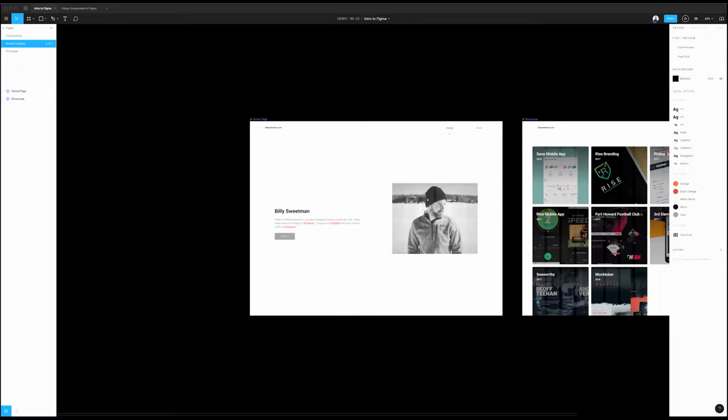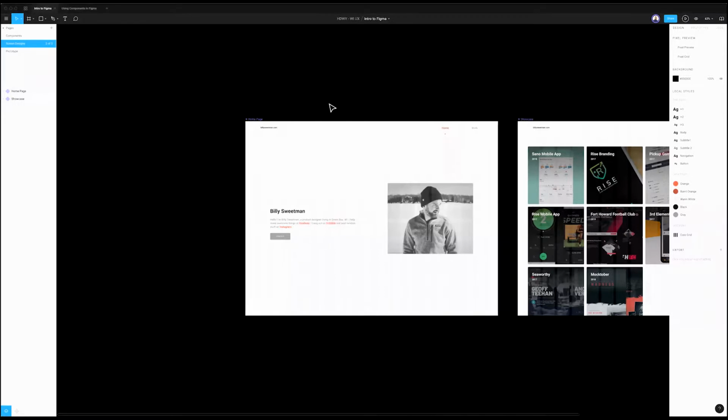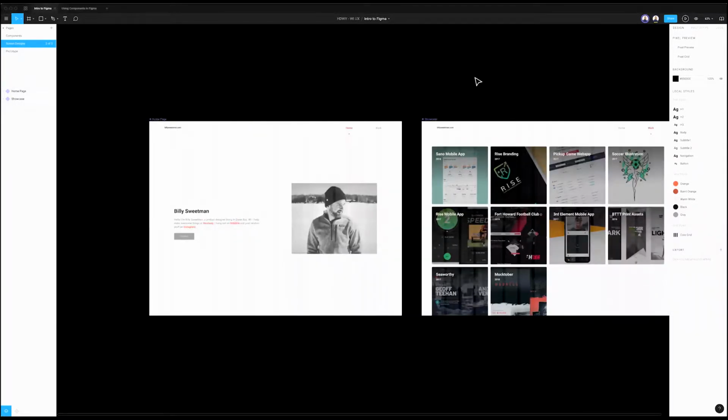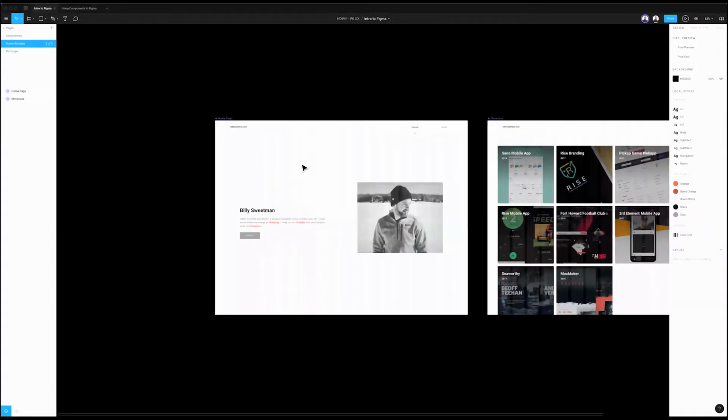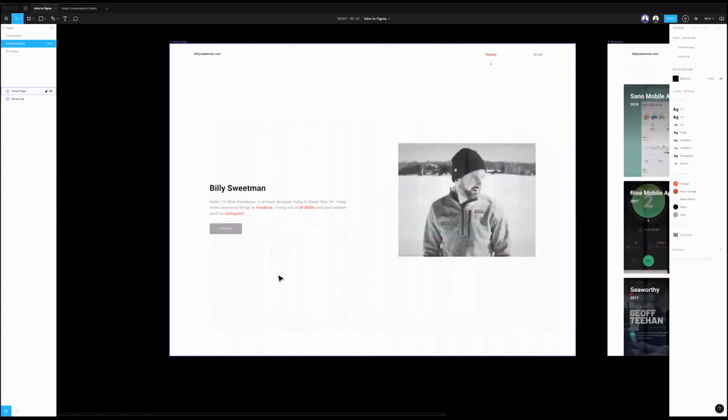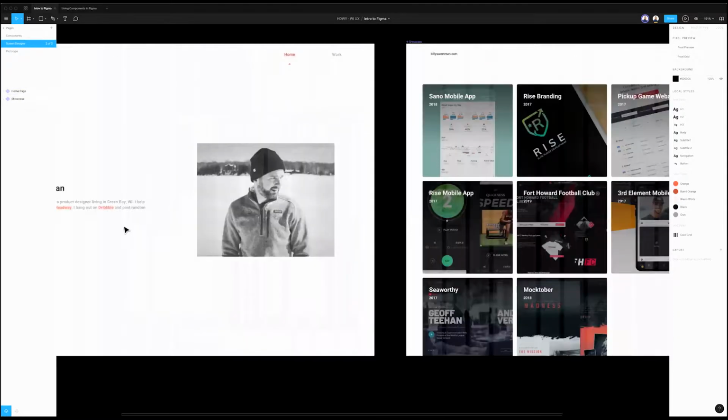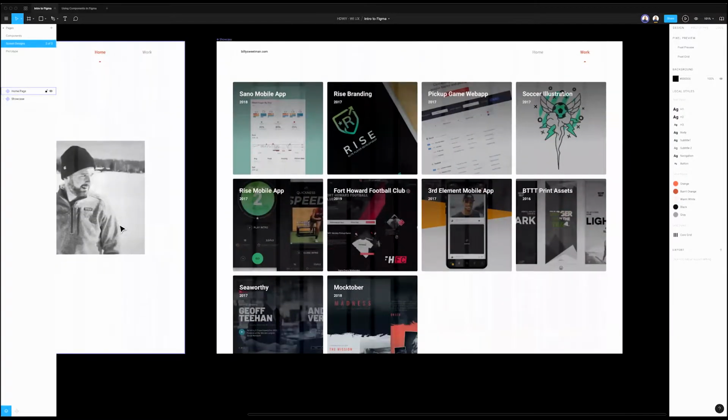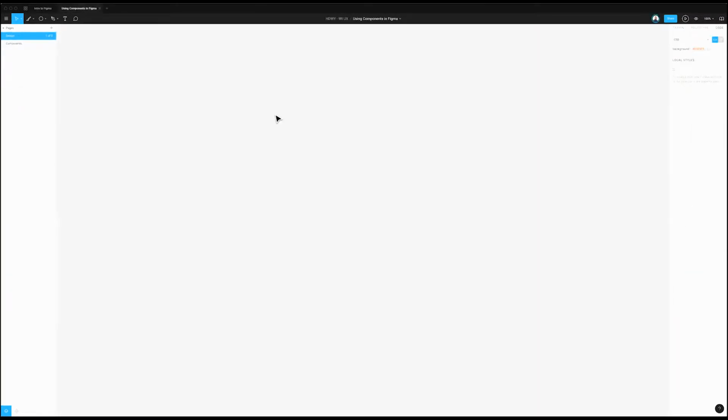But yeah, so today's goal is to go through both of these page designs and start designing them out. Billy has hired me to design out his website. So we'll just be reproducing this with some components, and this will be the final version. So just to recap for those that don't know or weren't here last time,